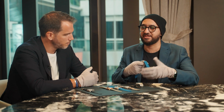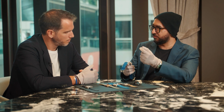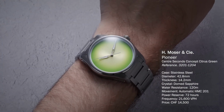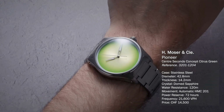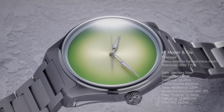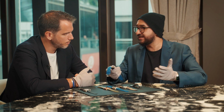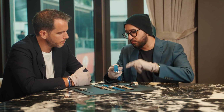It's just kind of a gateway into the brand. You're literally owning a name of the brand on your wrist. But here, the amount of thought process that's gone into this watch, into developing the Pioneer collection itself. But I feel like the way that these watches, the Pioneer collection, needs to be understood is that this is an everyday style watch. It has that versatility. It allows you to wear it for anything practically because it can withstand that robustness, while at the same time